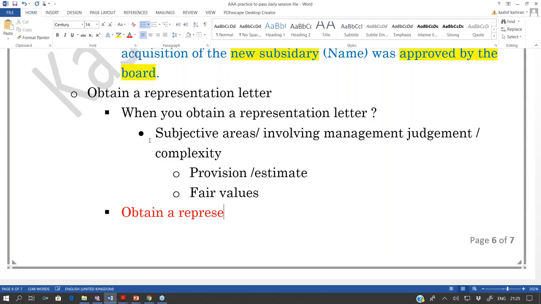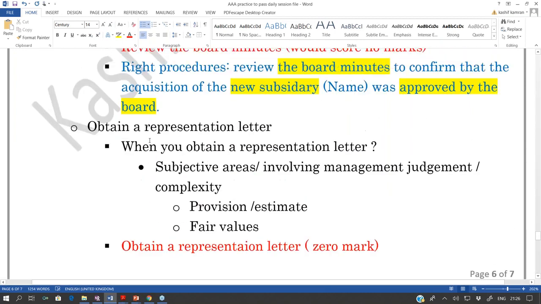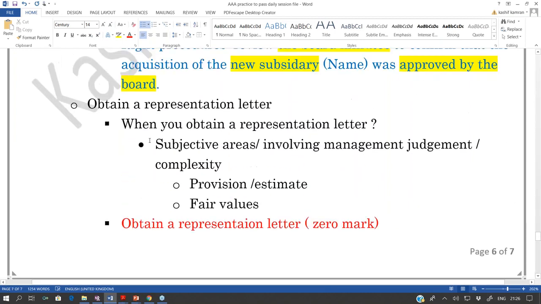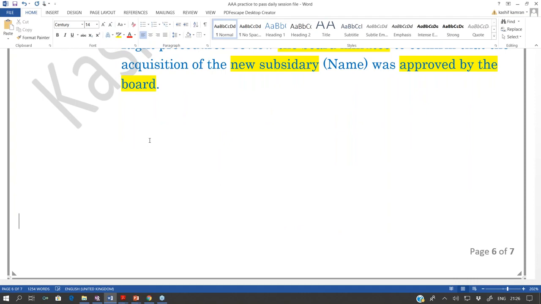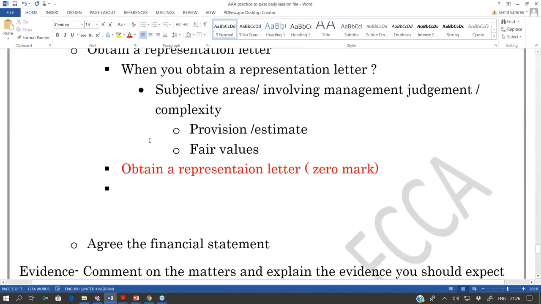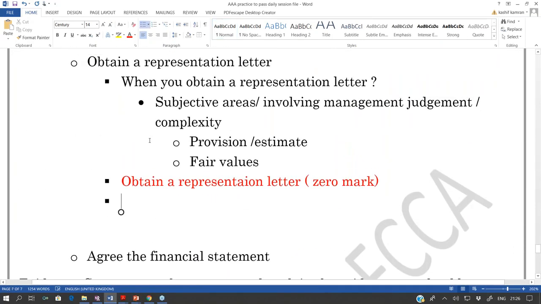Obtain a representation letter. This is 0 marks, 0 marks, because you didn't justify it. Why are you taking a representation letter? For what are you taking the representation letter? So that's a blank procedure. But when you write the second one, this way,